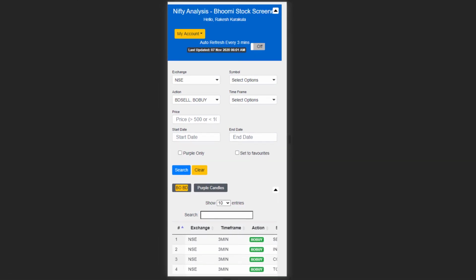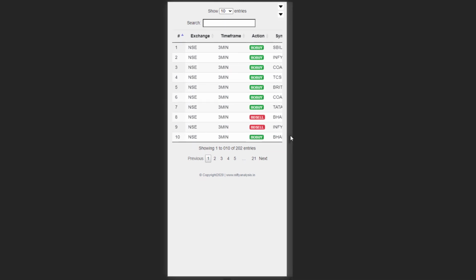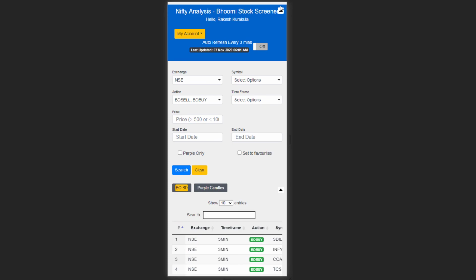A lot of our subscribers use this screener on a mobile phone. If you look at this, more than half of the space has been eaten by these filters, the headers and the other buttons. So for their convenience, we have added a few buttons here. If you look at this button, it will hide the filters and the header section, and it will leave only the new filter buttons here. And you can also choose to hide them for more space. So now you have the entire space only for the alerts. Alright, I click on it again to unhide each of them. This makes it more convenient.